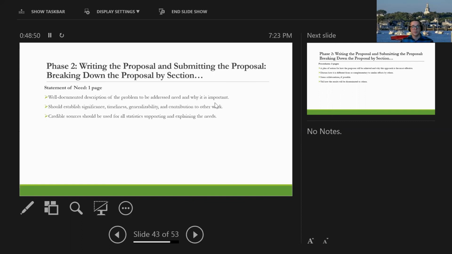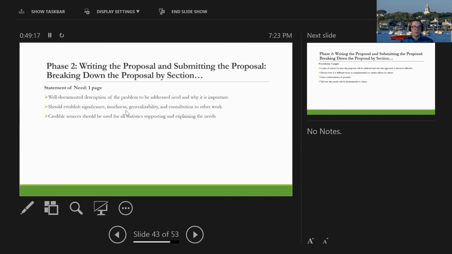Again, as I said in the beginning, do not write from the aspect of your organization needing to help people. Write from the needs of those you are seeking to benefit. Speak from them, for them. Do not write on behalf of yourself. It will really help set the tone and voice of your proposal.